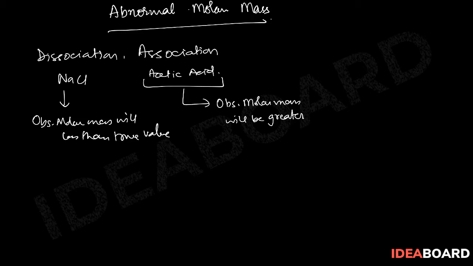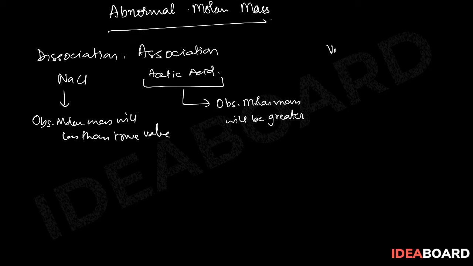So when we calculate molar mass using a colligative property and we get this type of deviation, it is called abnormal molar mass. This phenomenon was initially identified by Van 't Hoff, and he introduced a factor called the